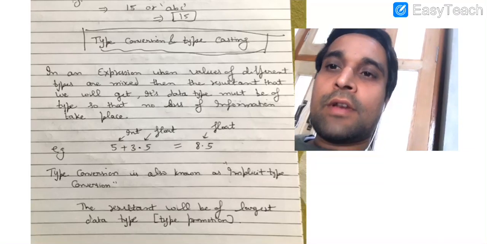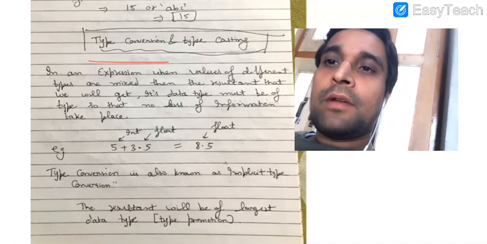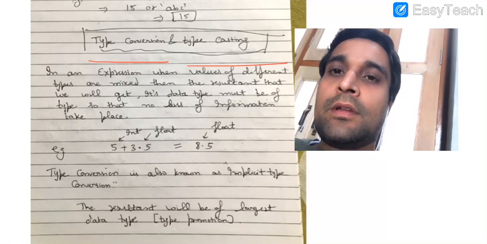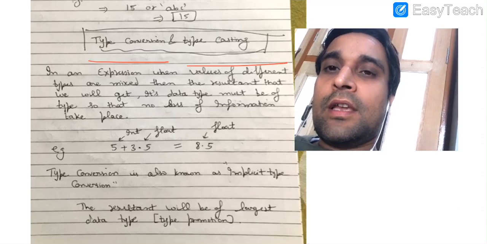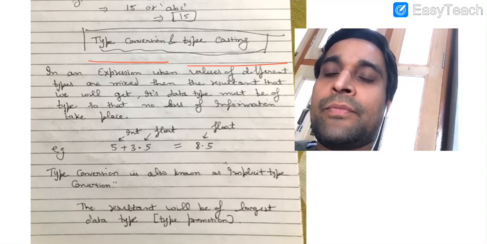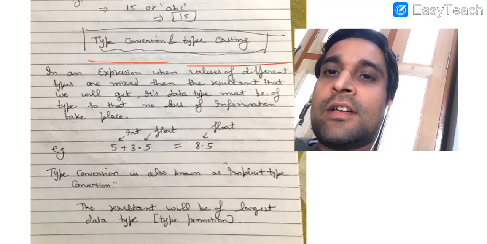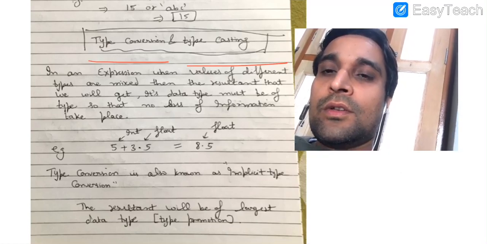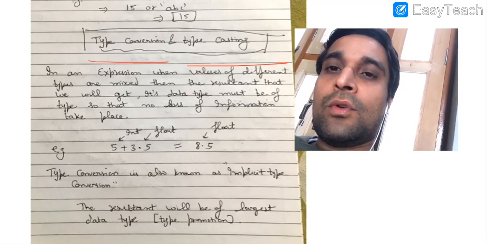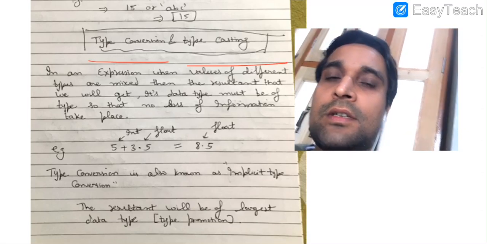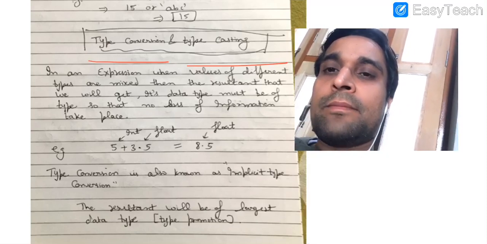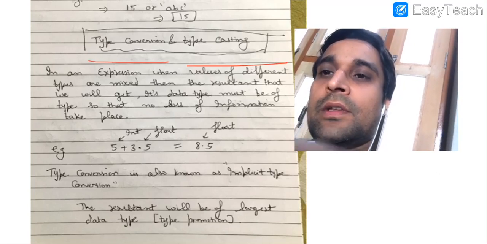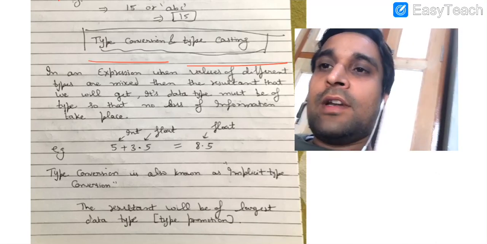So now let us start our next topic, that is type conversion and typecasting. It is basically a concept that we use when values of different types are used in an expression, and when we get the result, the resultant will be of a single data type only. So what is the concept that Python follows, and if we want to change the result, what should we write in our program to change the output to the output that we actually want? So very first we are going to read this definition.